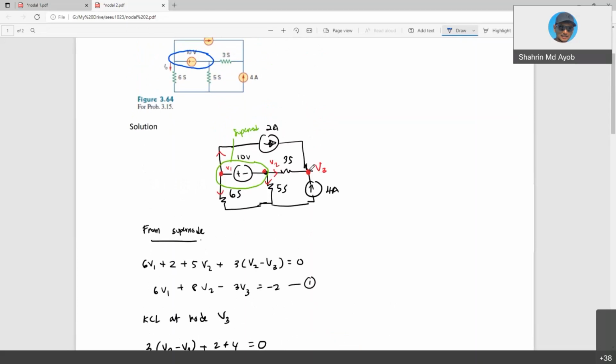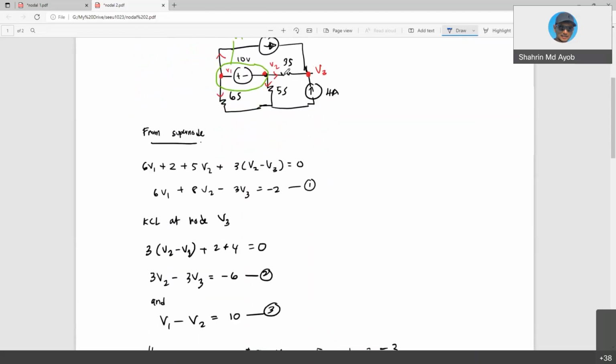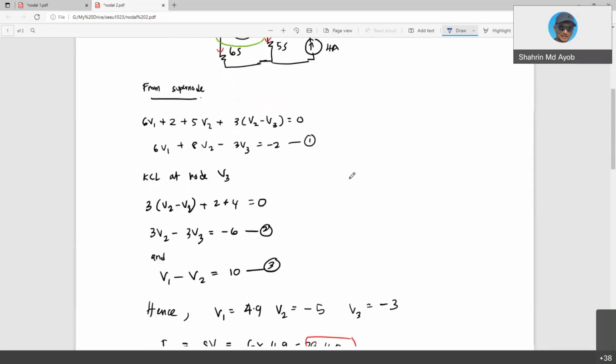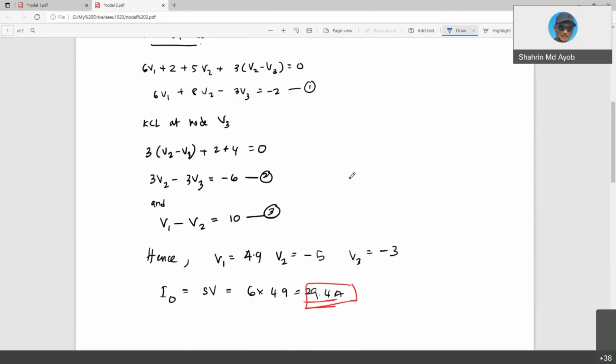And then for V3, you also need to calculate the KCL at node V3. So you have 3 currents going into the node: 2 amperes, 4 amperes, and this current. And there is no current that goes out. So finally, I obtain